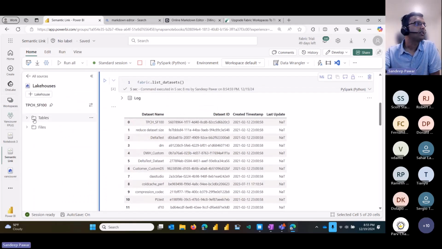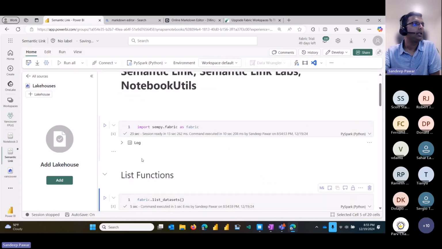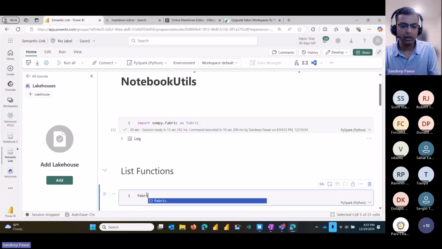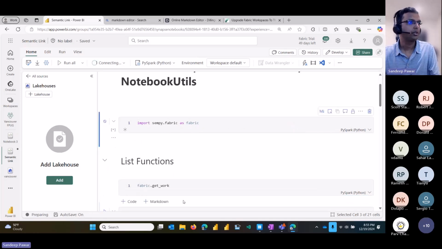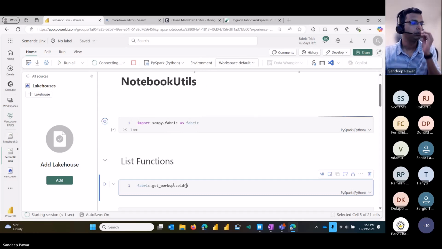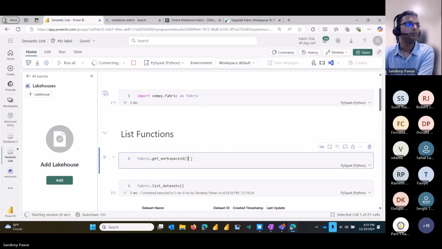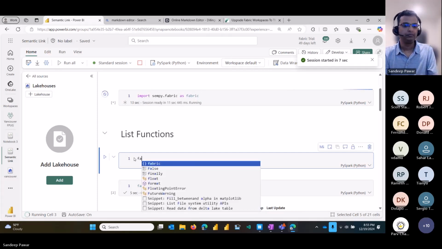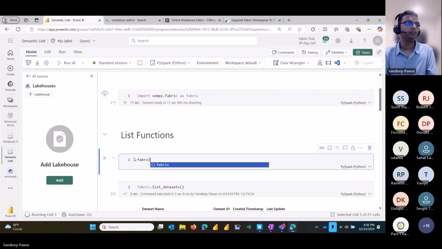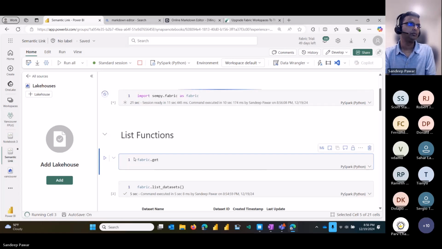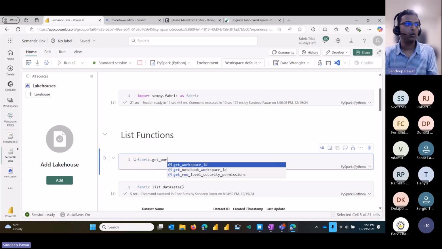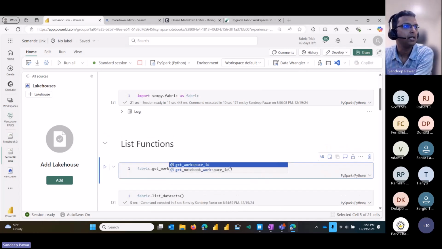Well, the reason is in this case, I attached a lake house, and you may wonder, what does that have to do with this? The reason for that is, when I go here, let me show you something. If I go to fabric dot get workspace ID, oh, let me first run this. Okay, dot get underscore workspace, and you'll see that there are two options here: get workspace ID and get notebook